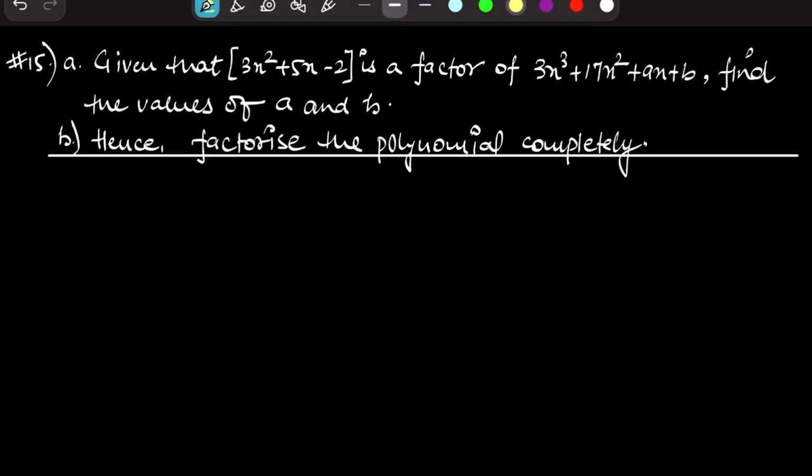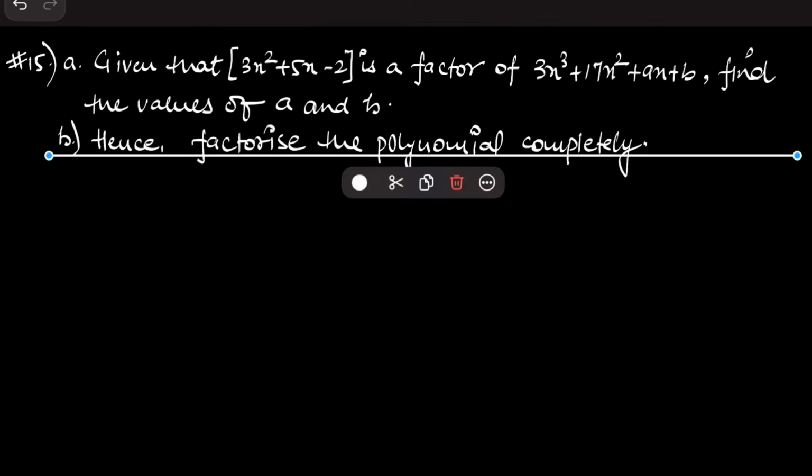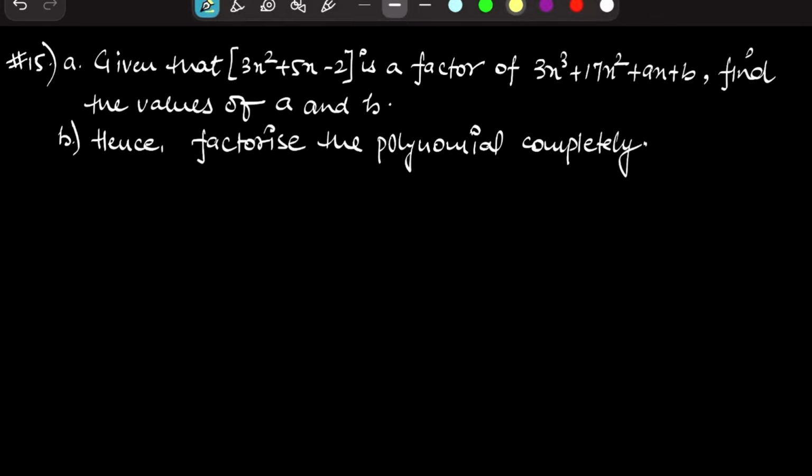Yes, so this is our question number 15, and this question has,